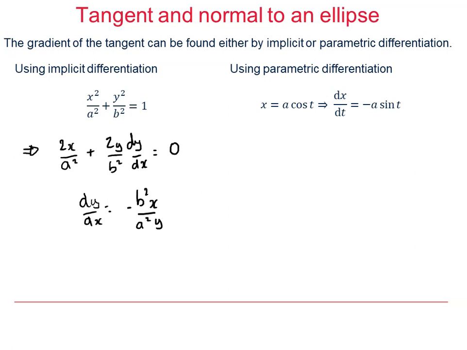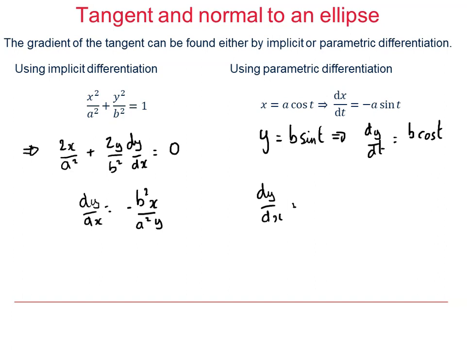An alternative method is to use parametric differentiation, so we have the parameters for the ellipse x equals a cos t and y equals b sin t. So there's the derivative: x equal to a cos t gives dx by dt is equal to negative a sin t. If y is equal to b sin t, then that gives us dy by dt is equal to b cos t. And then dy by dx